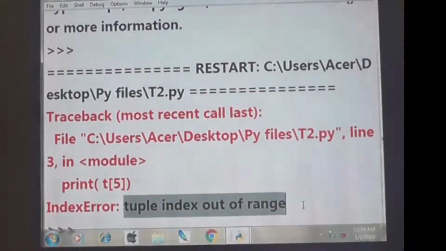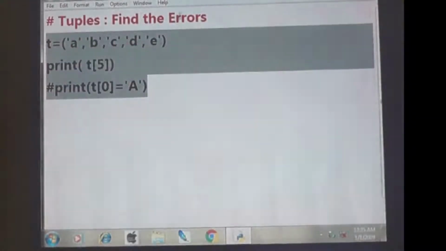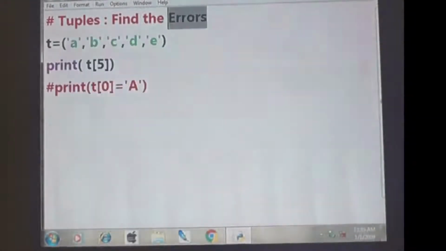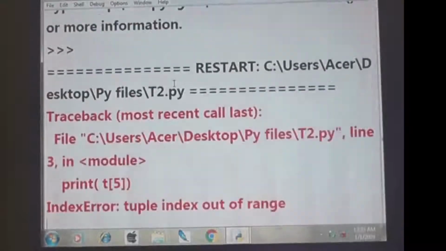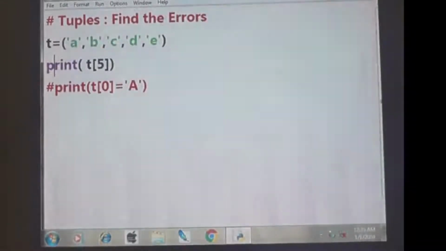Clear? Okay. Listen, we will give the question like this and tell you to find the error. You have to tell me what the error is. The error is tuple index out of range, it will come. Got it? Okay. And we are going for the next one.